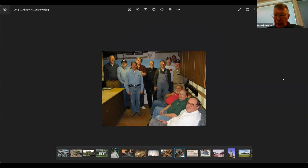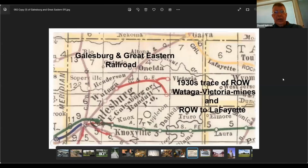And in general, this would be a different way of thinking about your layout, but circumstances or your own wishes could suggest that this would be what you want to do. The first one is the Galesburg and Great Eastern. Here's a map of